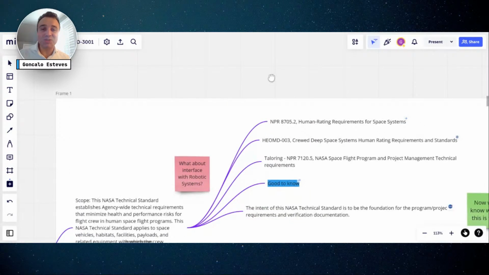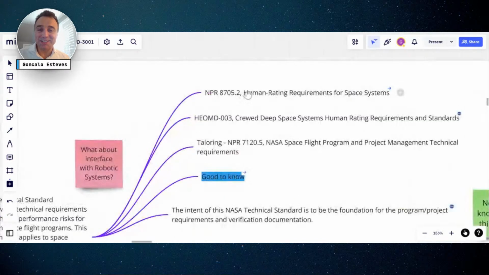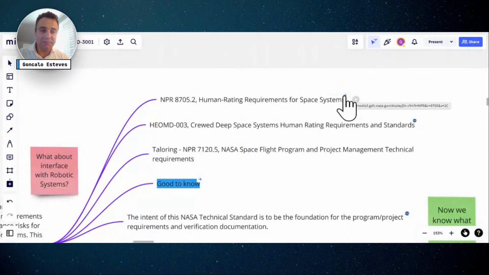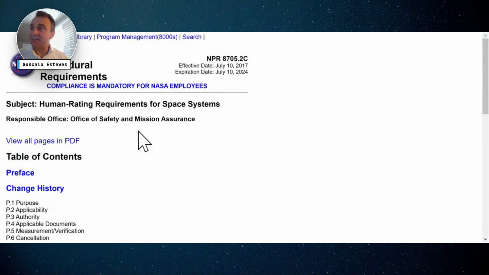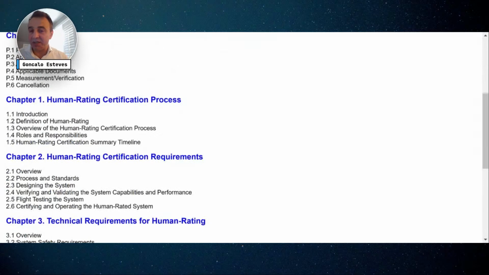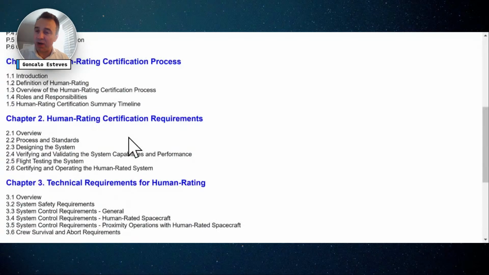This is why everyone wants this. This is what brought, I don't know how many millions of dollars to SpaceX. This one in here: human rating requirements for space systems. If we follow the link in here, that's it. This is why people do it. It's the human rating certification process, and it has a whole definition in here with all the requirements, processes, and standards.